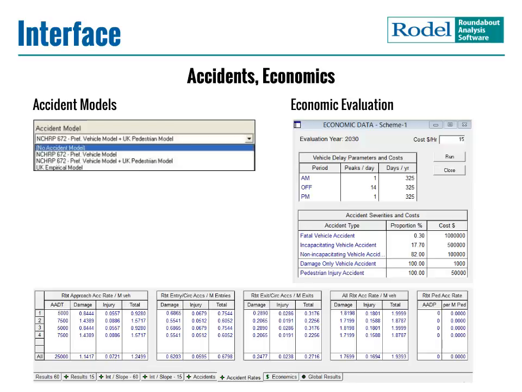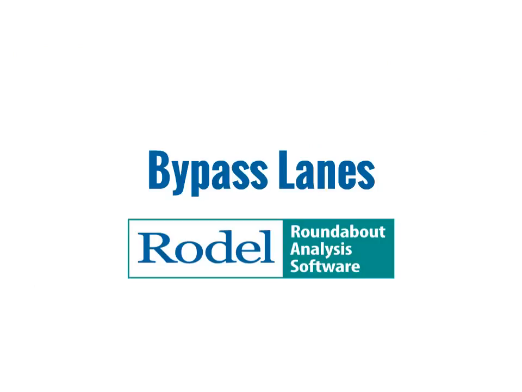Under the economic evaluation box here is where you put in your costs. I've input some numbers here: $1 million for a fatal, 500,000, and so on and so forth. You can also put in a cost per hour for delay, and it calculates that for you. Here's the bypass